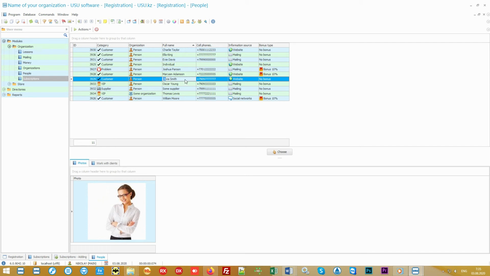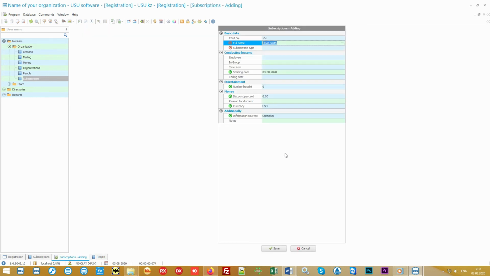At the same time, we indicate the necessary personal and contact details. We can also add a photo of a client, for example, capturing an image directly from a web camera. This is convenient, and also in the future it will be possible to verify that there was no transfer of the club card to another person. When the desired client is found or added, press the Select button so that the name is entered in the registered subscription.